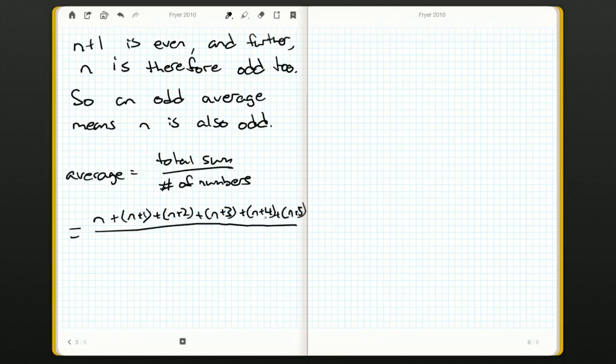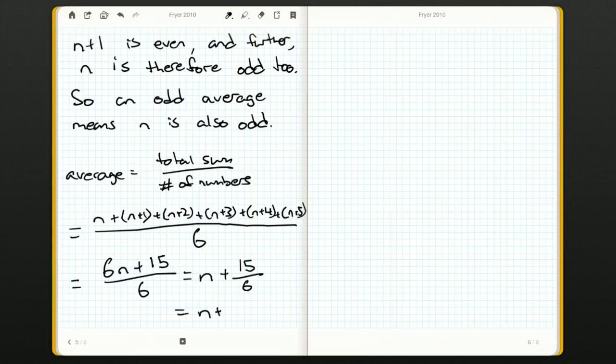But rather than have 5 numbers, which we did in parts A and B, we now have 6. So we have 6 n's, we can group all those together, and then we have 1 plus 2 plus 3 plus 4 plus 5, that's going to be 15 over 6. And so the 6's cancel out, we get n plus 15 over 6,